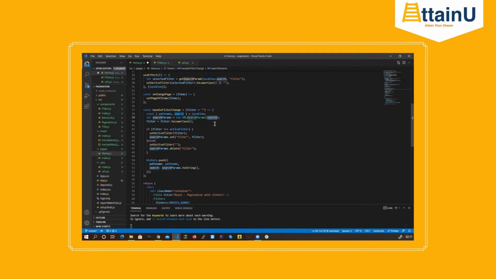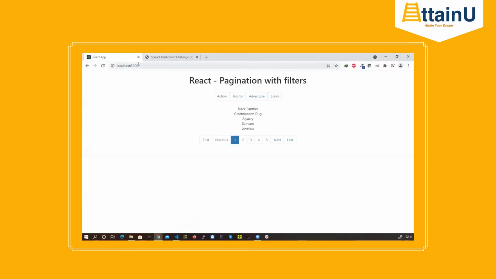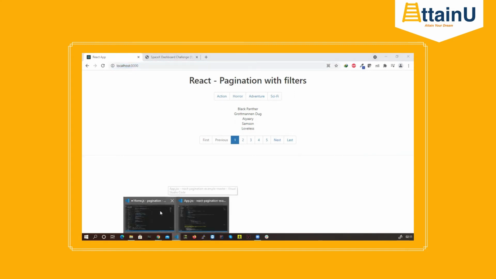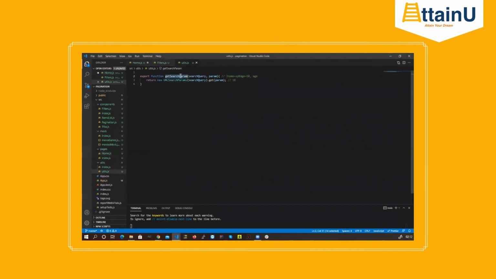This is where I'm going to change the information. Right now you see there's nothing here. When I click on any of these filters, I need to update the same value in my URL. So I'm not reading anything; this is where I'm updating something. So I don't need to do .get in this method.